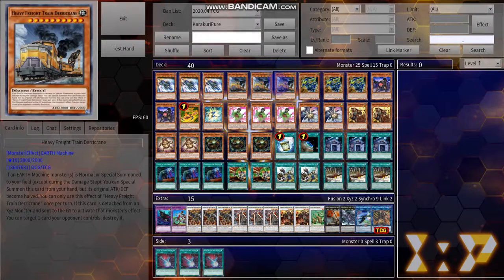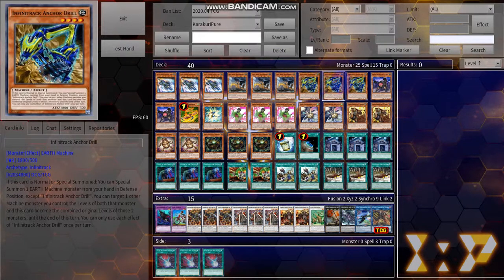We have triple Durkane. It's practically the Salamangreat Fowl of the deck. If you normal or special summon an Earth Machine, you can just summon it from your hand. Triple Anchor Drill. Overpowered. Practically, if you normal summon it, you can summon another thing from your hand. In the TCG, Anchor Drill is super expensive, mainly because it is a short print in only one set. I hope it gets a reprint soon enough, because I was planning on building a train deck, but it's super